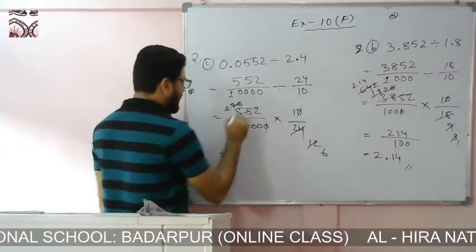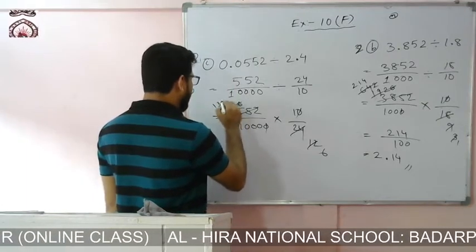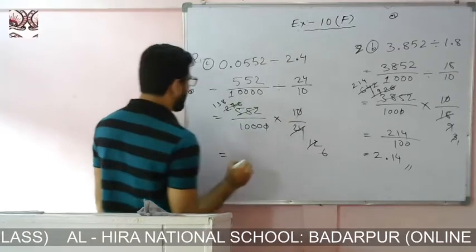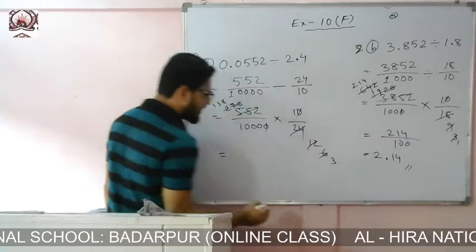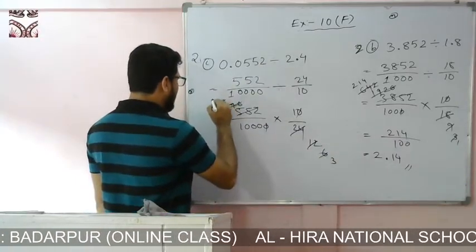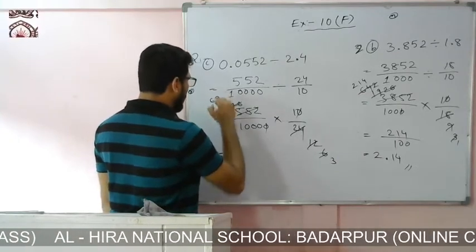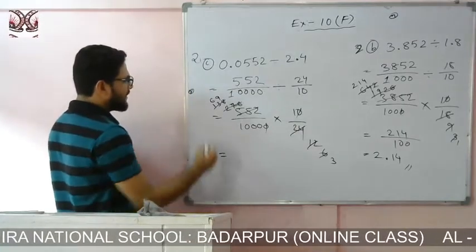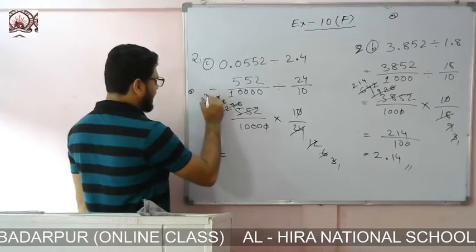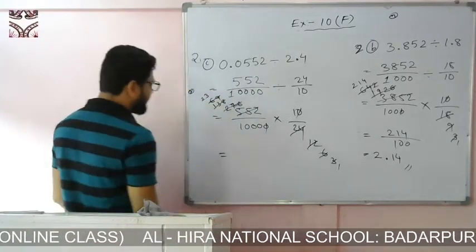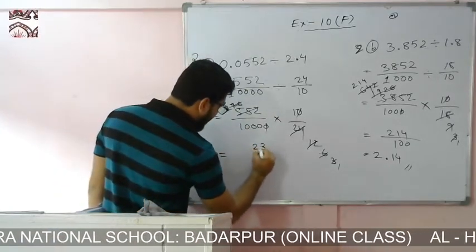Okay. 276. Now again 6 2s are 12. Again here I can, 2 1s are 2. Here 7. 2 3s are 6. 16. 2 8s are 16. Okay. 138. Again you can cancel. 3 2s are 6 and 6 2s are 12 and 2 9s are 18. Okay. Now you can cancel again with 3. 3 1s are 3. Then 3 2s are 6. 3 3s are 9. 23. Okay. 23.